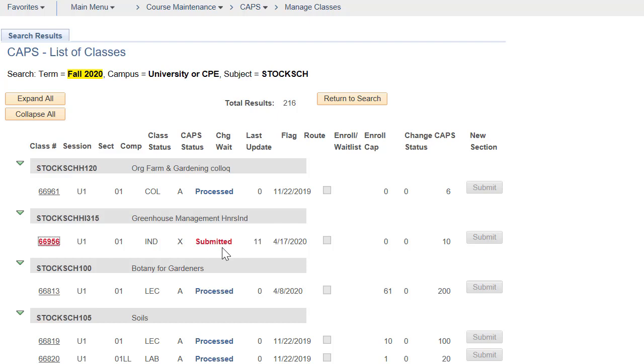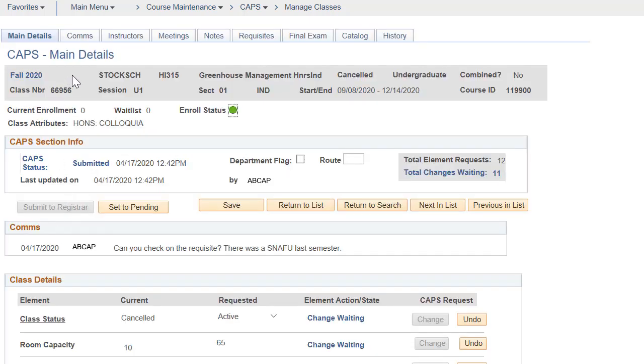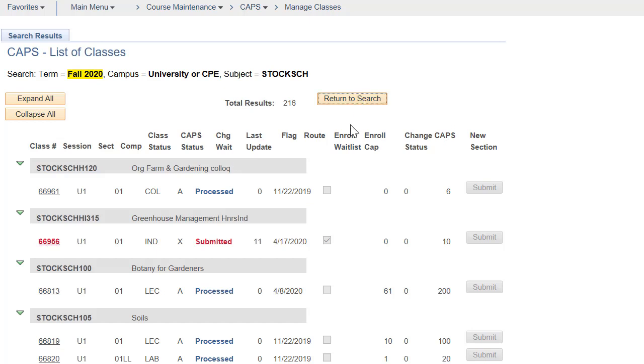One more thing while we're here on the main Details tab. The Department Flag checkbox and flag field allow for more convenient searching. If you had 50 classes you were working on and you wanted to note a subset of them for some reason, you could use these fields to make searching more efficient. When the flag box is checked in the main Details tab, it appears as a yes or no on the